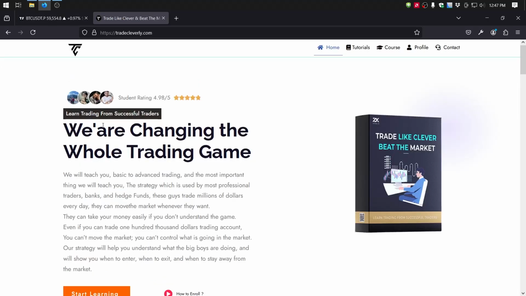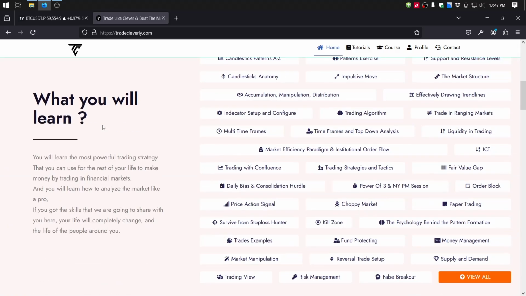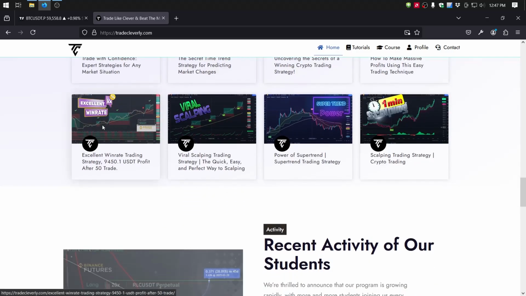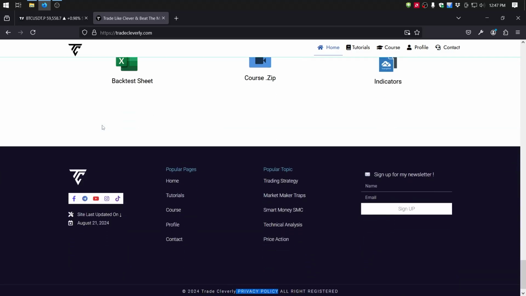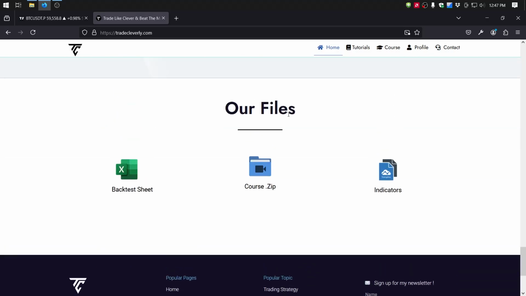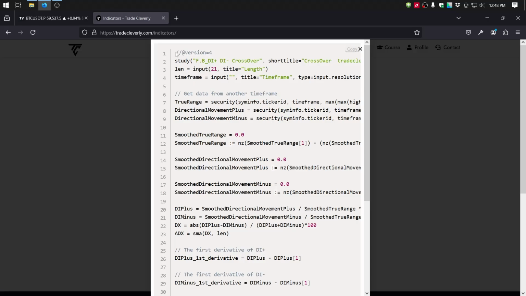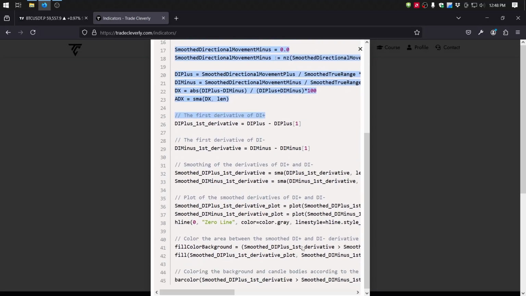So this is our website for our premium students. So you just simply scroll down, and at last you will find our file section, and from here you will see the indicators, and from here you will see the fourth indicator, Crossover. So I simply click here and you can see one pop-up. So I simply select the whole code from here